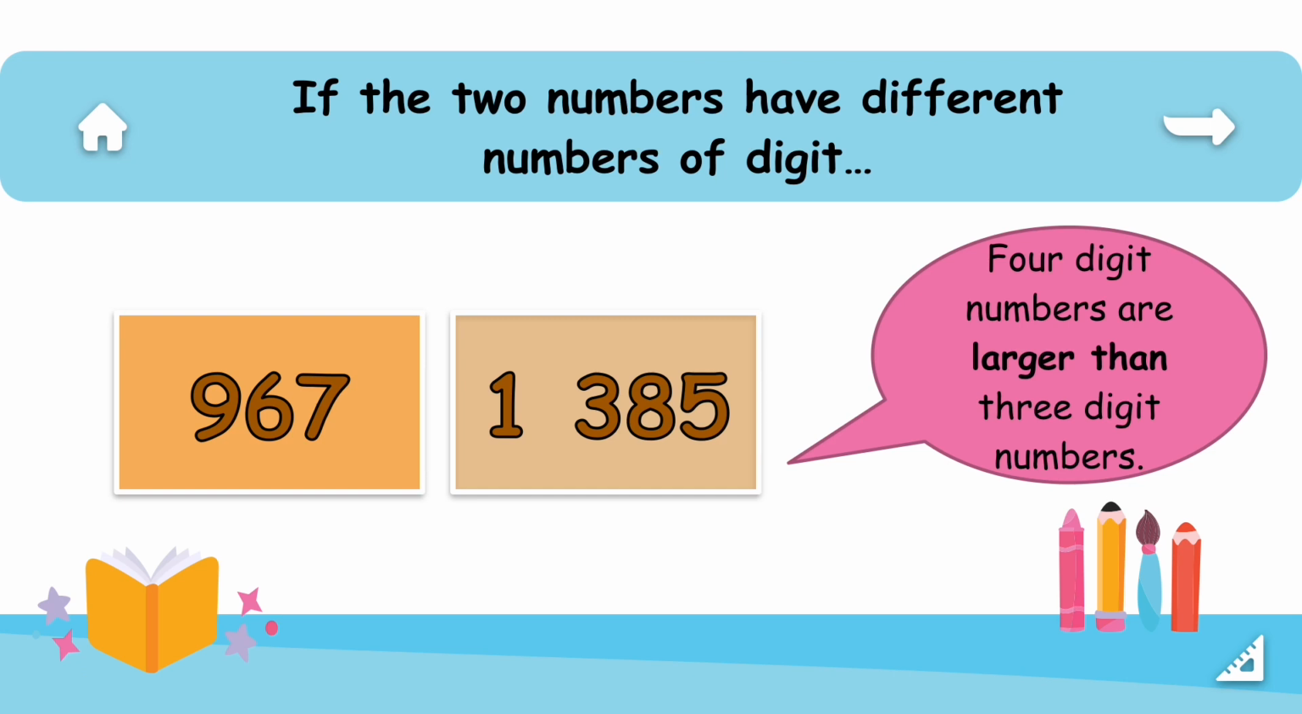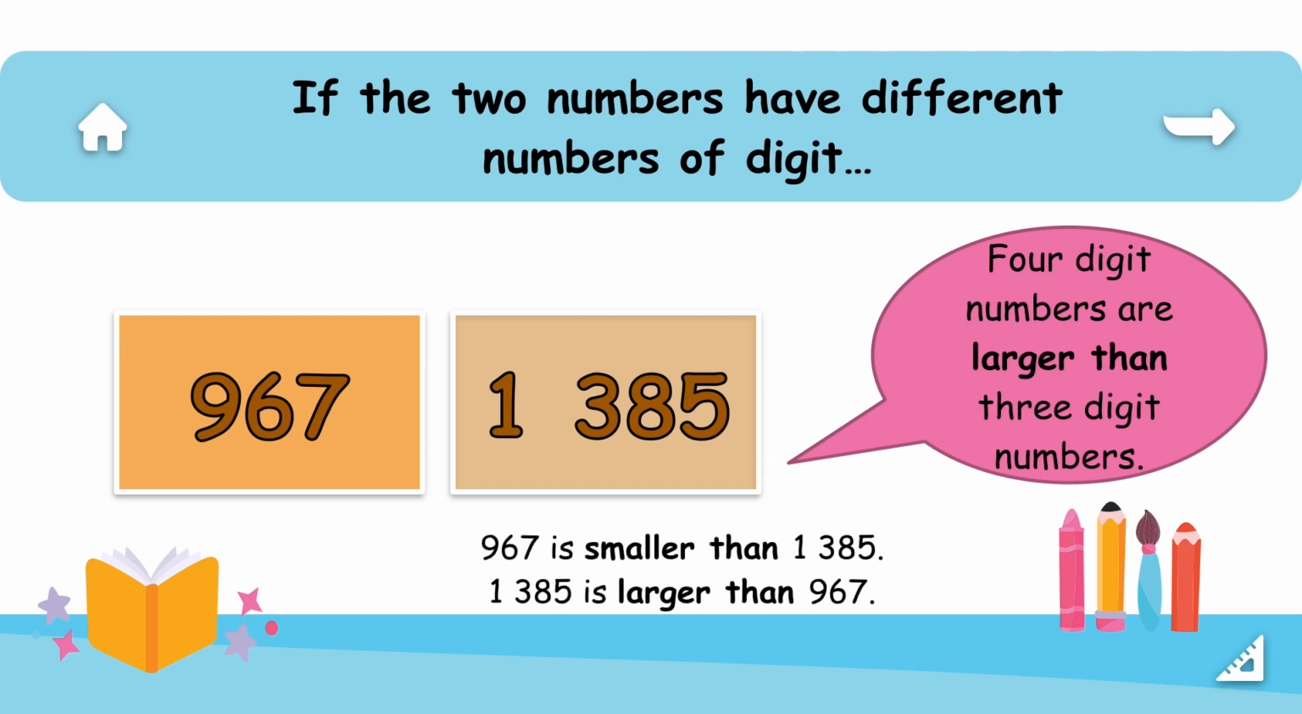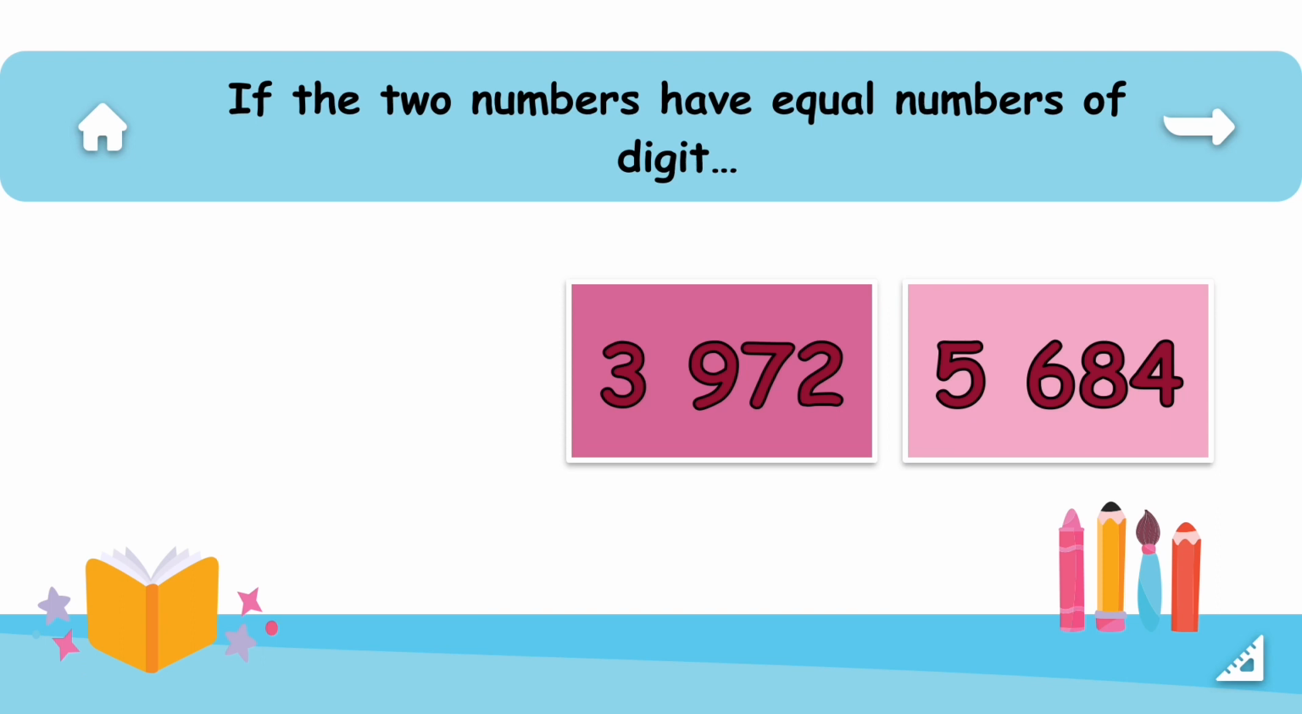So for this example, 967 is smaller than 1385 and 1385 is larger than 967. Next example, we need to compare two numbers, which is